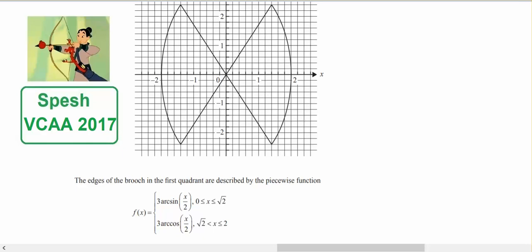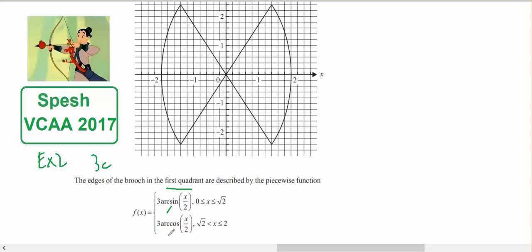This is for Year 12 Specialist. It comes out of the VCAA 2017 Exam 2, question number 3C. So we have this butterfly pendant or brooch, and the edges are determined in the first quadrant